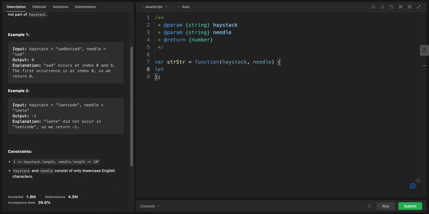Let's start with the for loop. I will say window start equals 0 and window start is less than or equal to